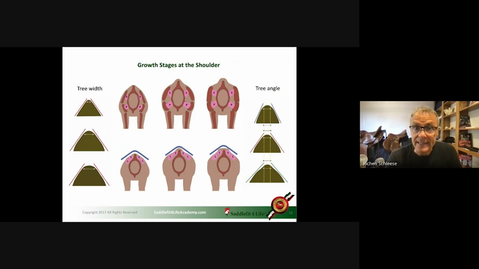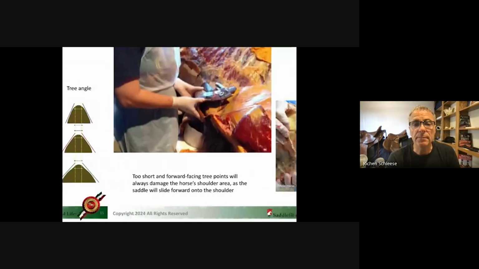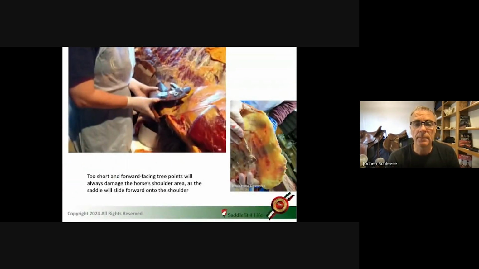And when I understand my horse carries weight, it's kind of like I do bodybuilding, because I have now a natural weight and lift it and push it here, then my shoulders get wider or my muscles get stronger. And I'm talking about the muscles that hold this entire rib cage off the shoulder blade. This is the shoulder blade there, and the upper arm, the serratus and pectoralis. So when the shoulder gets wider and my saddle tree doesn't fit, it might be a problem when the shoulder moves upwards, backwards.